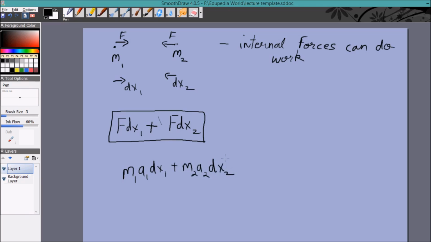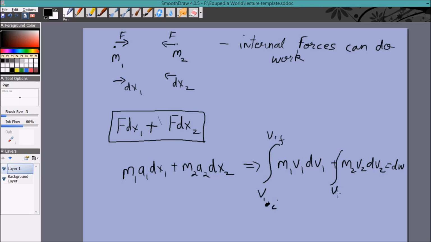I'll do the same thing I did previously. So this can also be written as m1 v1 dv1 plus m2 v2 dv2. This is equal to dw, right? The differential amount of work done by internal forces. We integrate them. Let's say v1 was initially at v1 initial, and finally it is at v1 final, and v2 was at v2 initial, and then it became v2 final, right? So from that we get w is equal to,